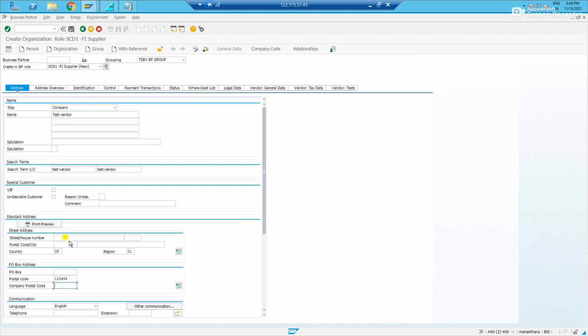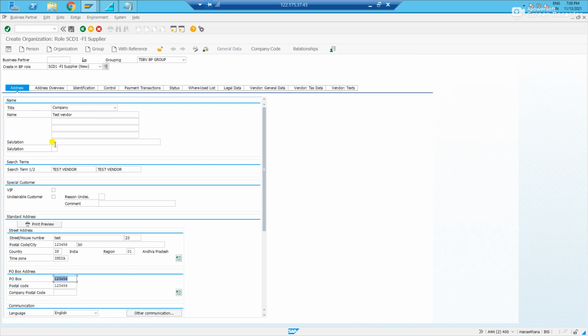Street, something I'll put, 3023 something. Postal code also I'll put, and the city, something, Bangalore. Done. It is telling to specify the box code. This also I'll put the same. Done. This seems to be fine.